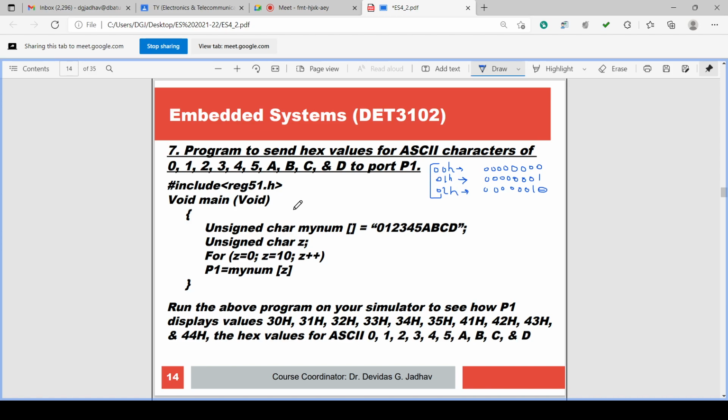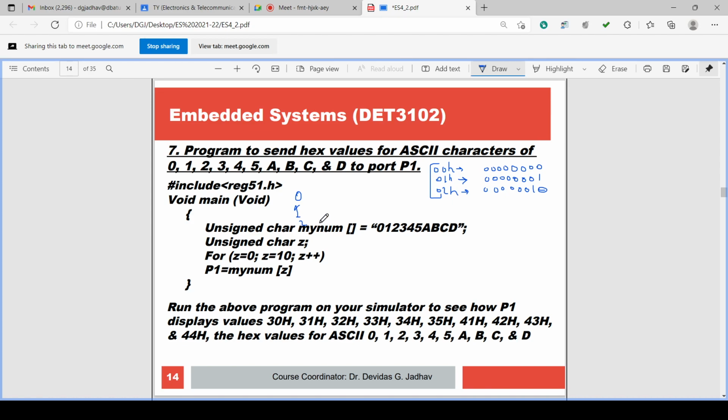Number is coded as a symbol. So the ASCII characters 0, 1, 2, 3, 4, 5, A, B, C, D are the characters. This 0 is not a 0 hex. This 0 is an ASCII 0. It is a symbol. It is a 1, a symbol. It is 2, a symbol.